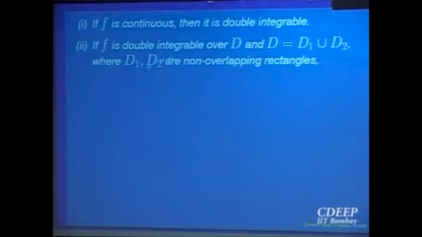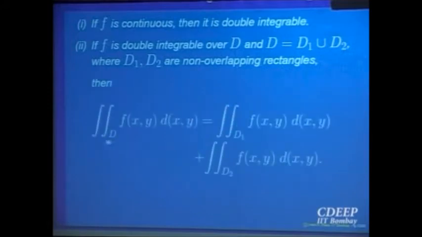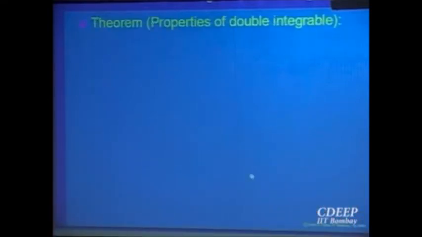So same property. If f is a function which is integrable on the domain D, and D is written as D1 union D2, where D1 and D2 don't overlap. So here is something which we are not defining precisely, what does overlap mean. It is understood they have only boundary which is common, right? The interiors are not common, so they don't overlap except for the boundary. Then the integral over D can be split as the integral over D1 plus the integral over D2. So that is additivity over the domains of integration.